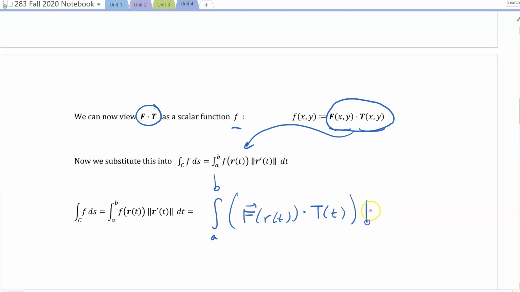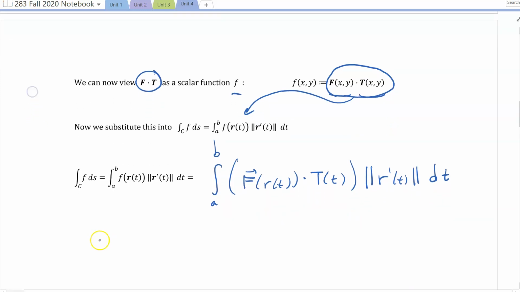And that's going to be times the length of the first derivative vector of r of t of the parameterization. That's true for any scalar function. Our scalar function this time is little f. Now what we're going to do is just replace what capital T is equal to inside that integral. So this is equal to the integral from a to b of, now we have capital F of r